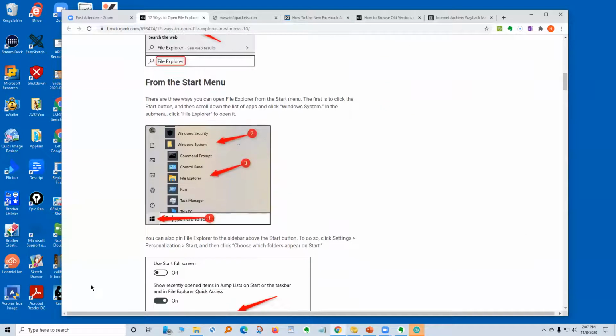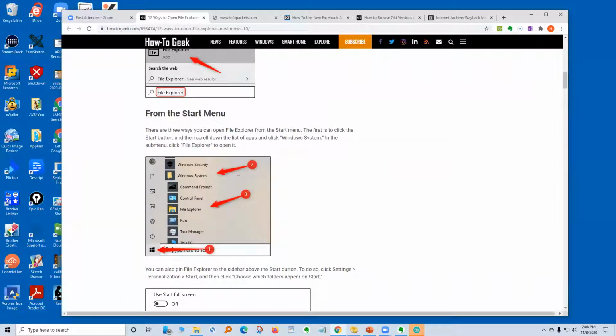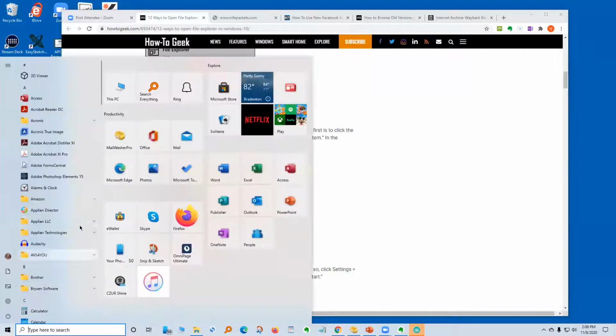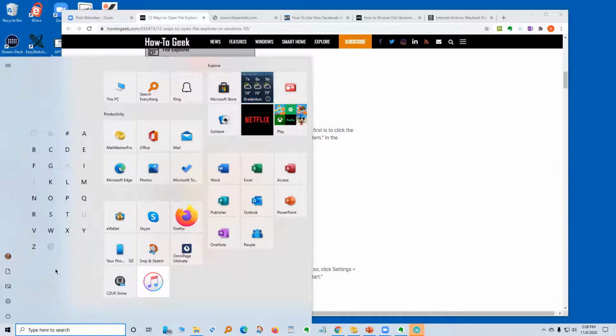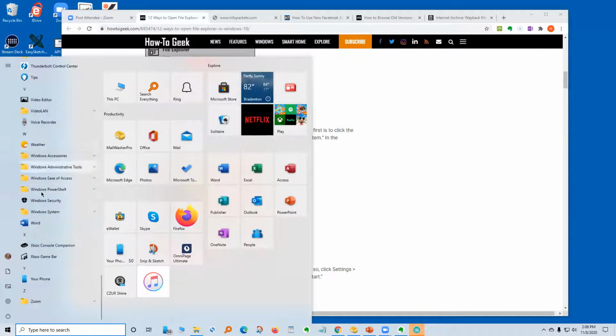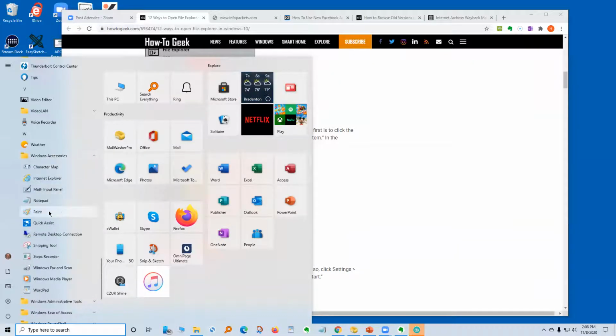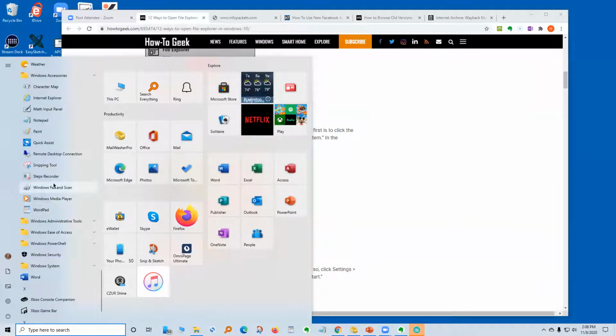From the Start menu, you have to go to Windows System. So you go here. Now, a little trick in case you don't know this. If you click on any letter at the top of the list, whether it be A or B, let's do the B, for instance, it gives you a telephone dial, or type, I call it telephone dial. And then I can go to W, and then it takes me directly down to the W. And I can go to the Windows accessory, and there I should find my